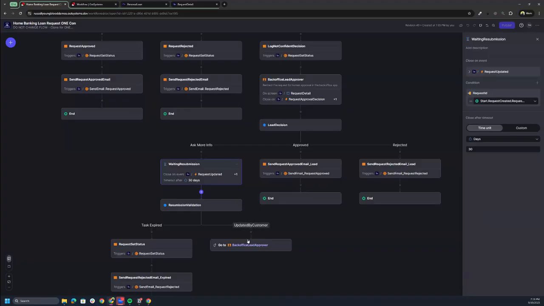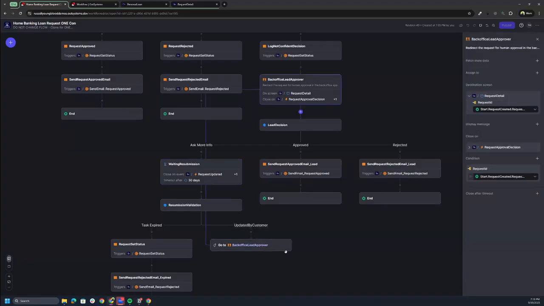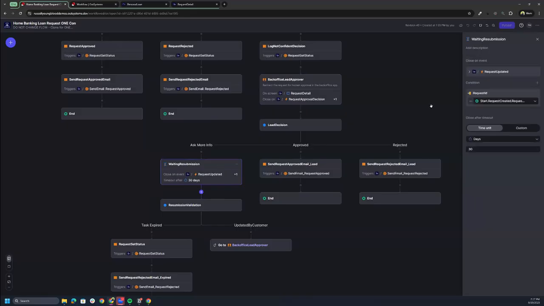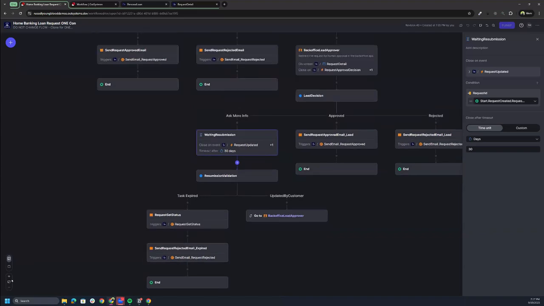In case documentation is submitted, the lead needs to review it again. So we have this go-to node pointing back to our human activity related with the lead. However, if 30 days pass without submission, the request will just expire. So as you can see here, this version of the workflow is fully functional, but as you'll see in a